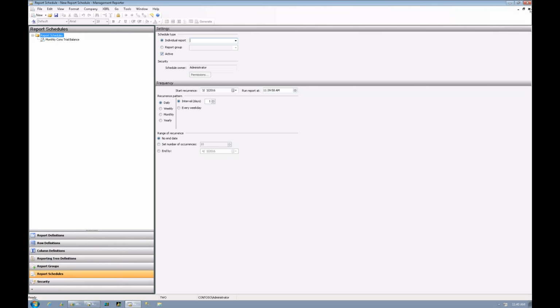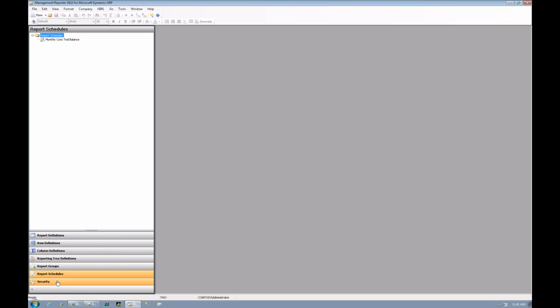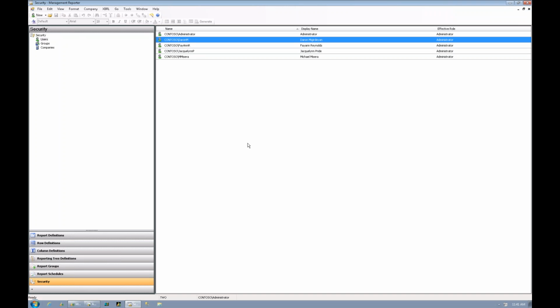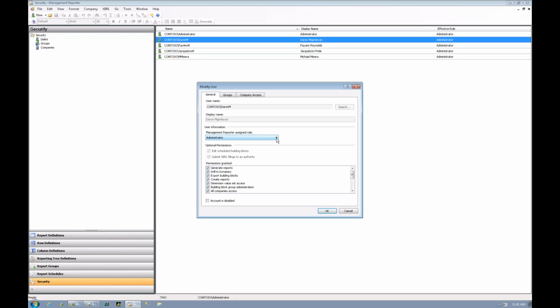So I'm going to go ahead and close that. We are at 8:42, so we have a few more minutes here. I'm not going to really go too far into security. The security here is tied to the security inside of the Microsoft Dynamics ERP system. You can see that you can select a viewer, person who can only view the report, or a generator, person